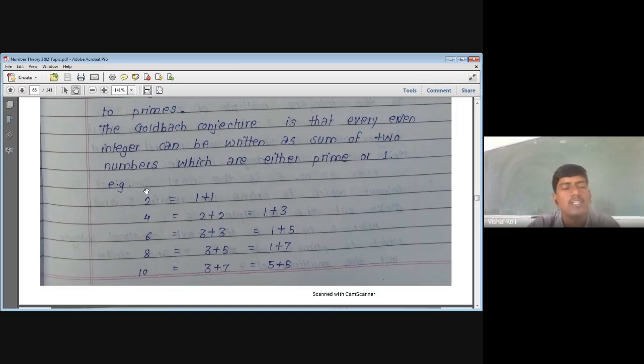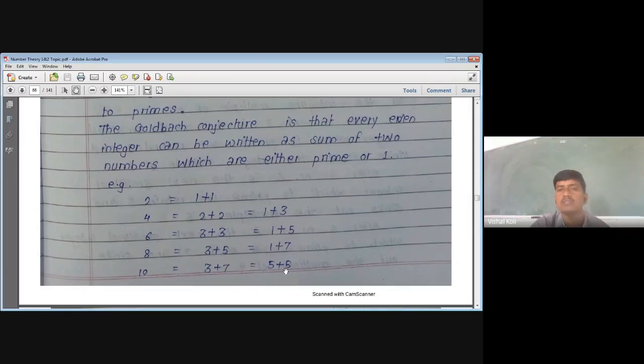That is, the first even integer is 2, therefore 2 can be expressed as 1 plus 1. Now the next even number is 4. Therefore 4 can be expressed as a sum of two prime numbers, which is 2 plus 2, where 2 is a prime number, or we can express 4 as 1 and 3, in which 1 is an integer and 3 is a prime number. Similarly 6 can be expressed as 3 plus 3, a sum of two primes. Also we can express 6 as 1 plus 5. Similarly for 8 and 10, that is 3 plus 5 or 1 plus 7, and 10 as 3 plus 7